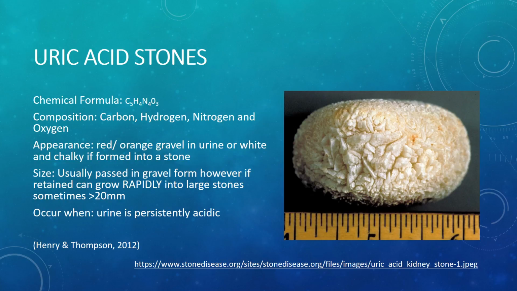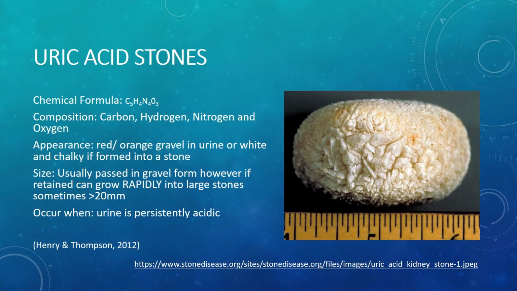If these crystals are retained and not passed in the urine as a fine gravel, they can grow rapidly into very large stones, sometimes over 20 millimeters in size. The cause: highly acidic urine is common amongst obese or diabetic people, and in those diagnosed as having gout or kidney disease. Due to the fact that uric acid crystals have the ability to absorb products of hemoglobin